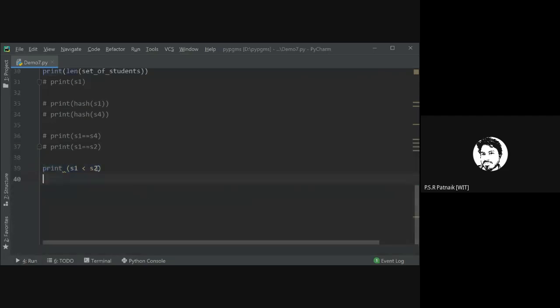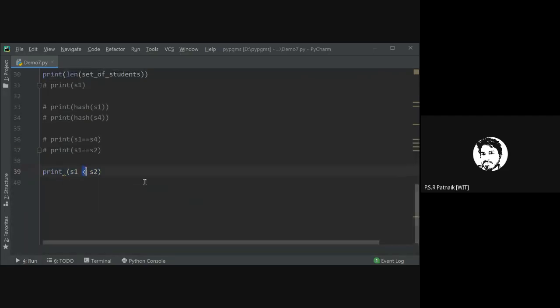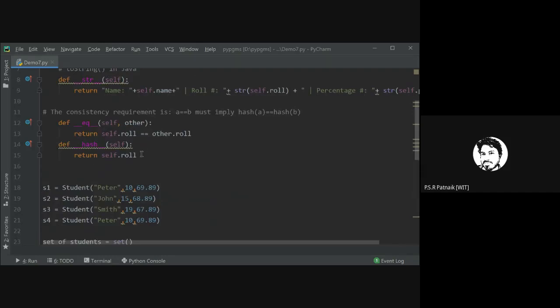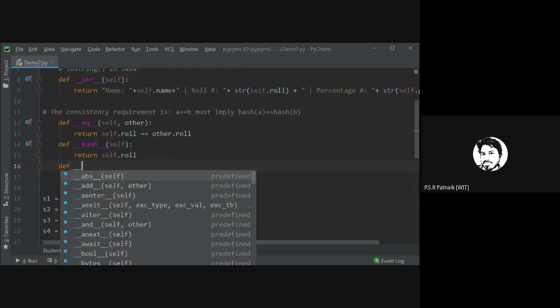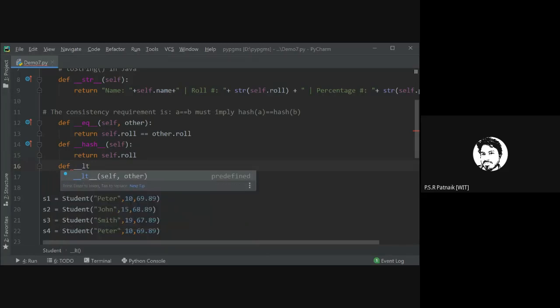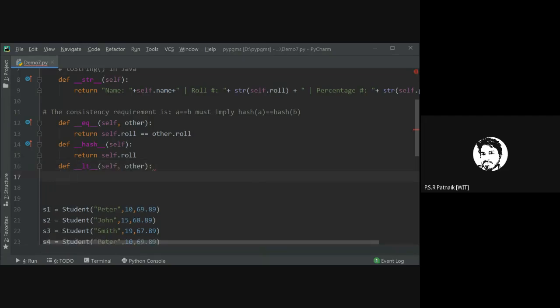In order to tell Python how to compare, there is one more magic method. It is called __lt__, less than. Likewise, we have less than or equal to, greater than or equal to, and not equal to. I'll define this method, and here you need to return a Boolean value.